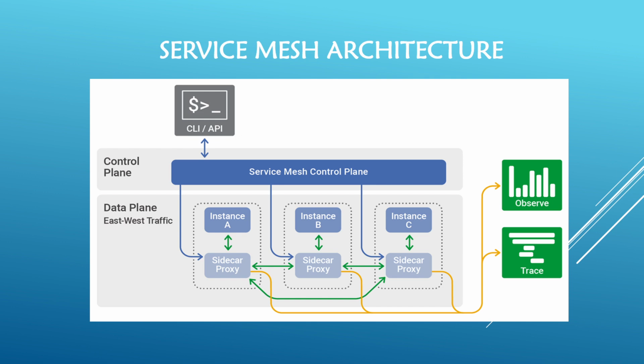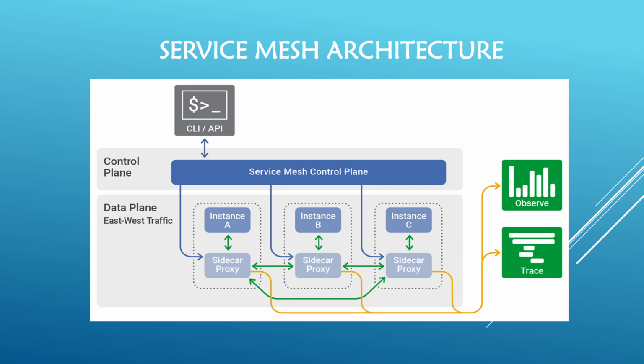So the next one is observability or tracing. On the right side, we see a box labeled observe and trace. This represents the monitoring and tracing functionality provided by the service mesh. The sidecar proxy collects data on the traffic flowing through them, which can be sent to a monitoring system for observability, to track service performance, or for tracing, to trace the path of a request